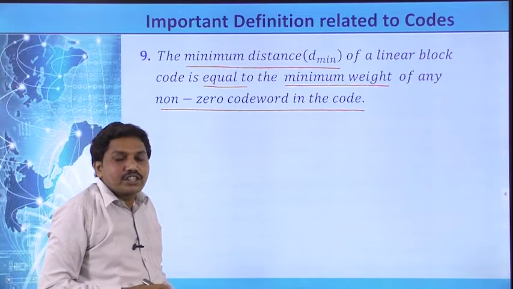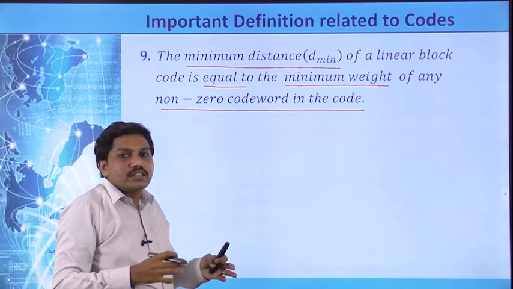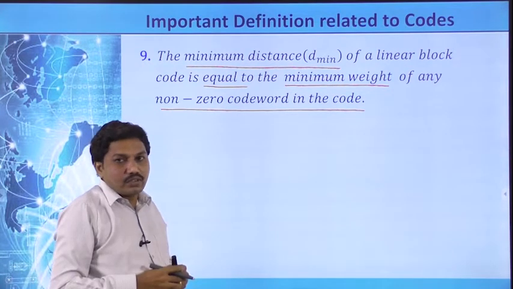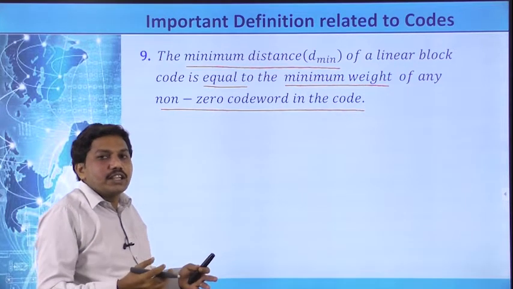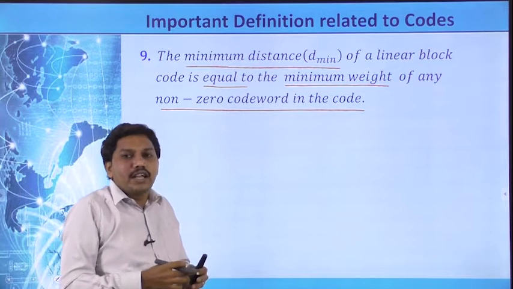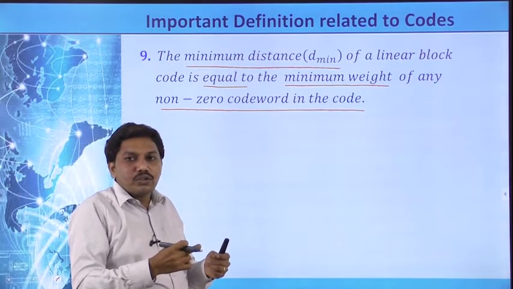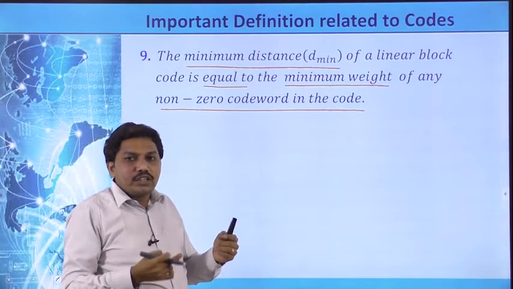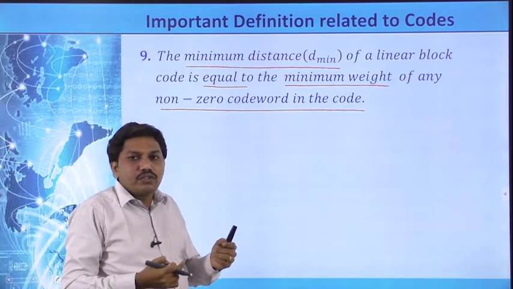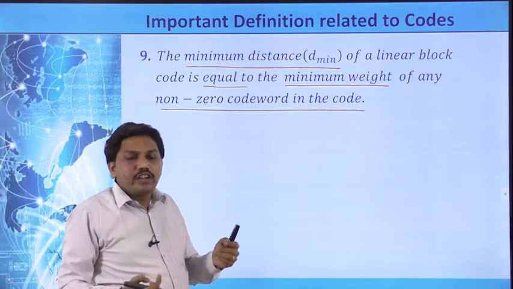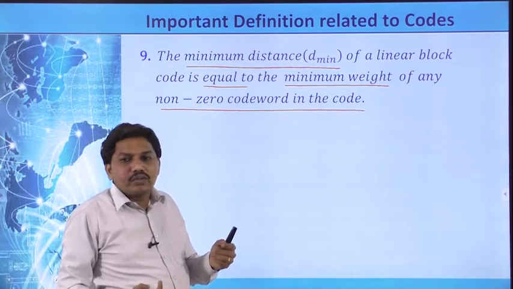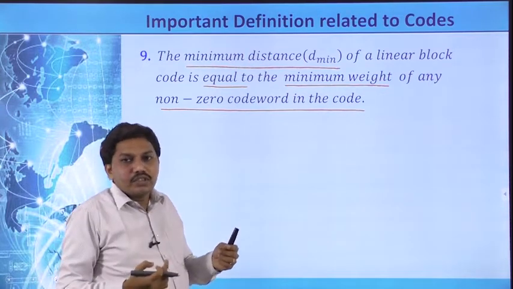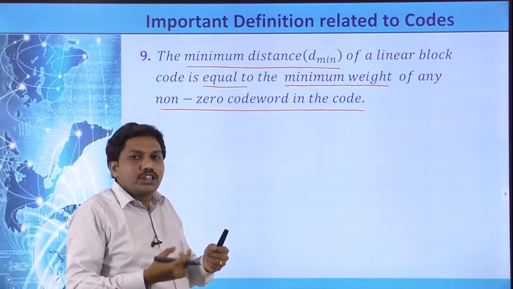For example, if we have 8 code words, we want to calculate the Hamming distance between C1, C2, C1, C3, C1, C4, C1, C5, C1, C6, C1, C7, C1, C8. Similarly, C2, C3,